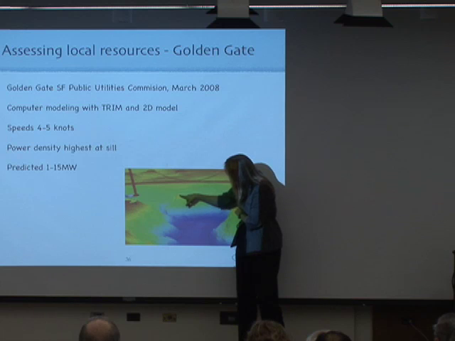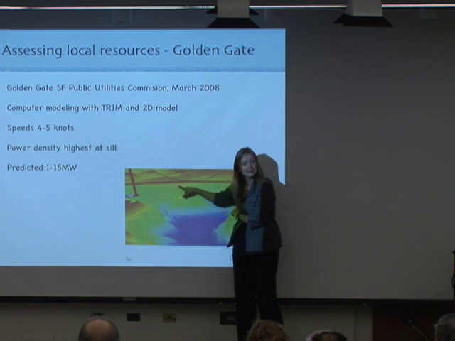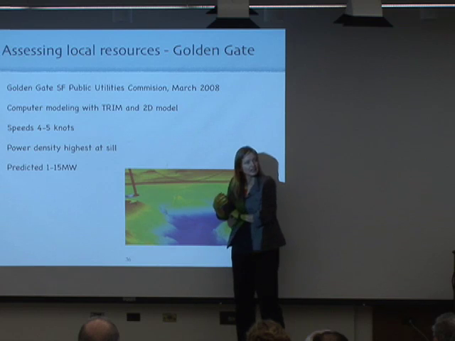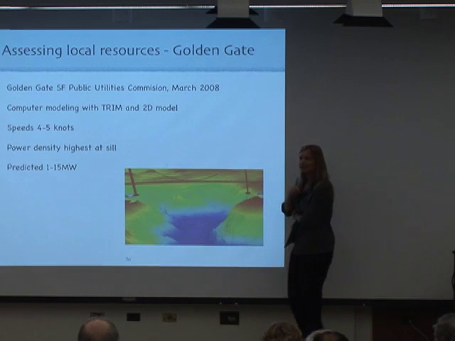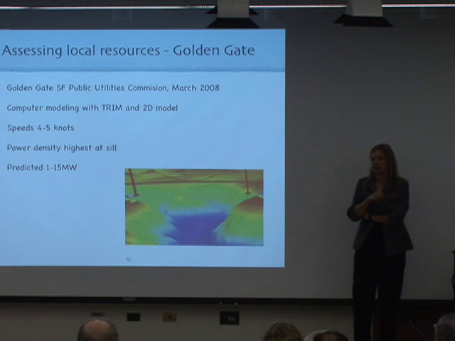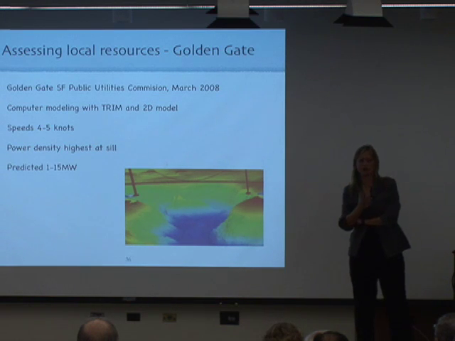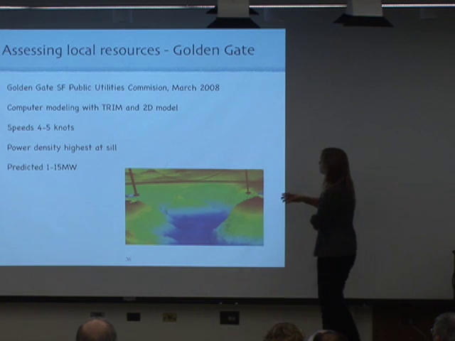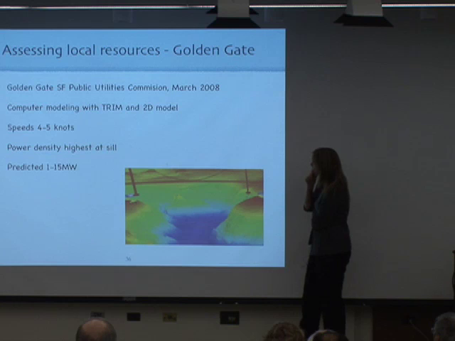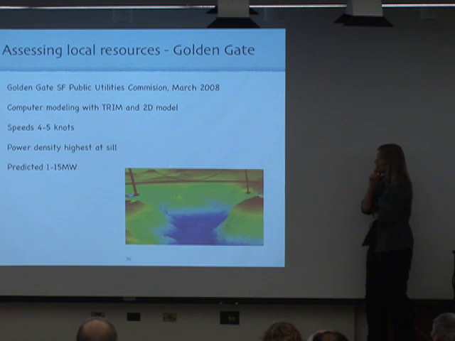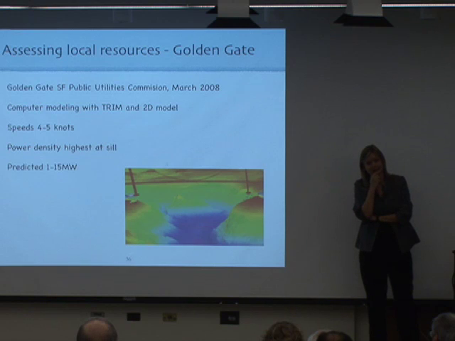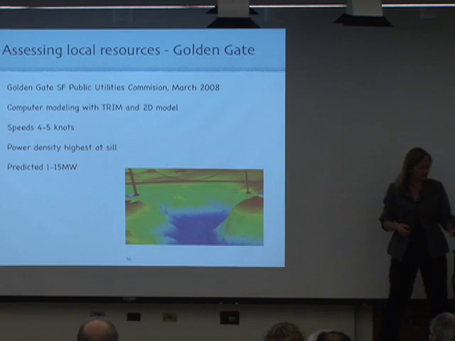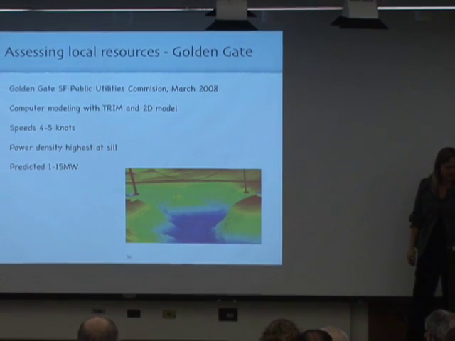So they were thinking of building a turbine right on top, right here, and seeing if they can extract some things out of it. EPRI came in a couple of years ago and did a study, and they said, oh, there's enough. There's about 20 megawatts, maybe even 100 megawatts. But then there was a new study done by the Public Utilities Commission, just released in March, and they said, no, it's only 1 megawatt. Which is exceedingly little. So I don't know. So we're looking at this now to see if this is true or not.